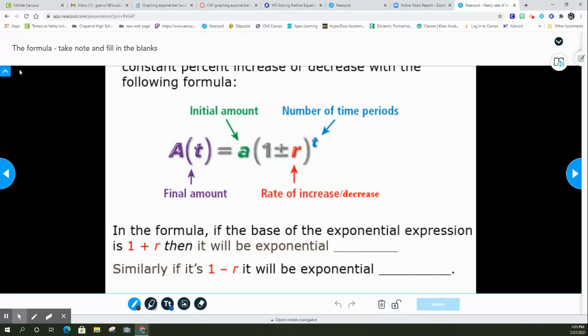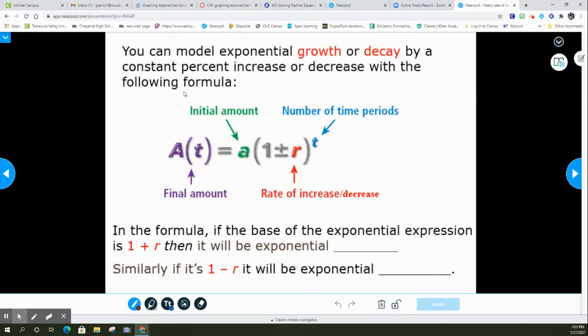All right, so here's the formula. This is for your notes. So this is what we just talked about, and it depends if it's growth or decay. So that first example was an example of growth. The money was growing, right? And then the second one, the amount still owed was decaying. So the generic formula is the final amount, A of t, where t represents the number of payments or number of years, your time period, equals A, the initial amount, so how much you either deposited